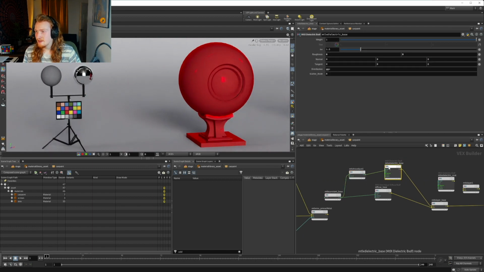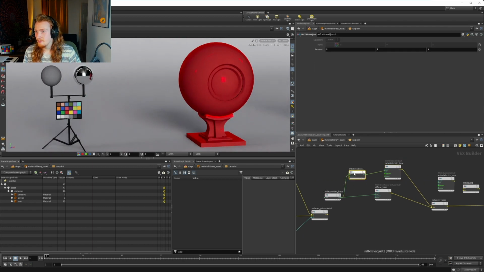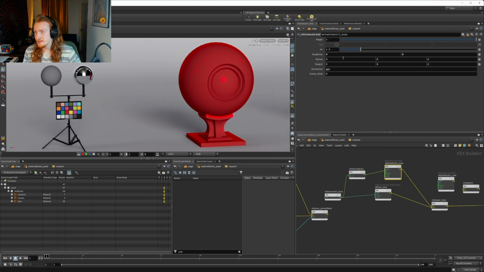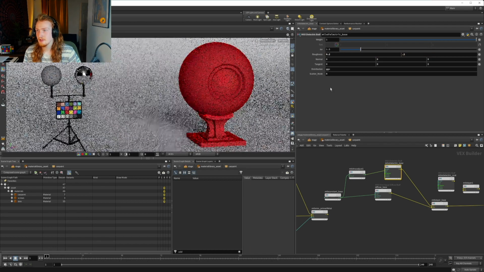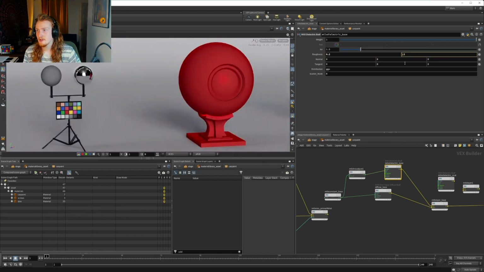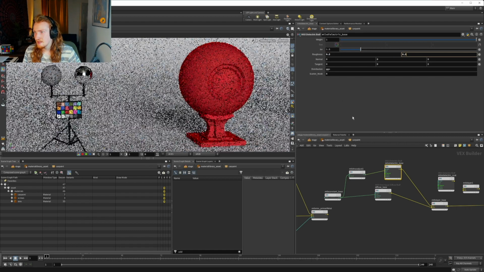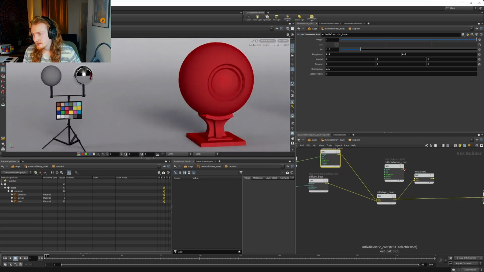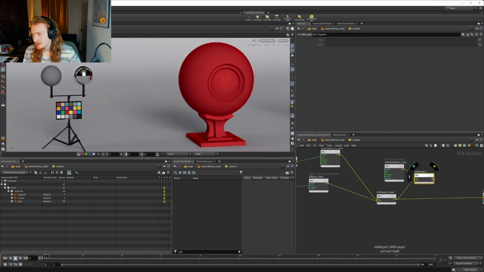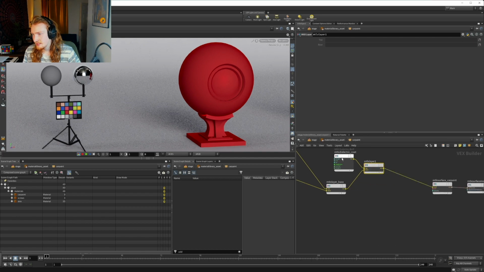And then we can go back into our dielectric and scale up the roughness to maybe 0.2. Which looks kind of cool. So I do like how this is looking, but let's plug in our base and then our coat and see what it's actually looking like